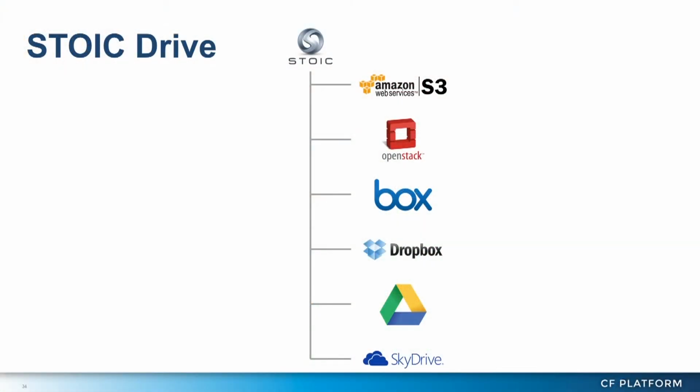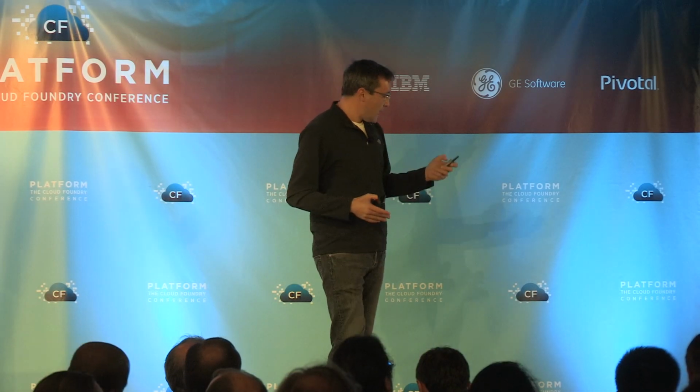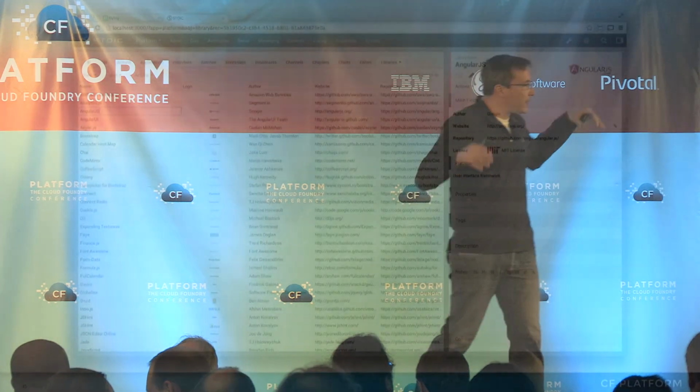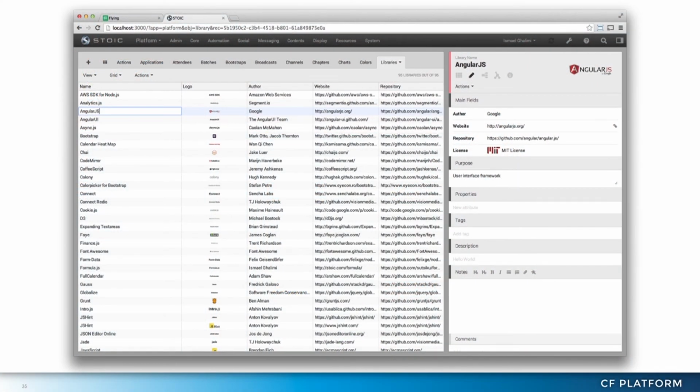One of the apps that we built on top of STOIC, or we're actually finishing that, is a virtual drive. And it's one of the apps that you might be interested in. If you're about to deploy, or you already deployed Cloud Foundry, one of the apps that you might want to give to your user is an equivalent of Dropbox or Google Drive that stores the files in your data center. That's essentially what we've done, plus the ability to map external public drives, such as Dropbox, onto subfolders of your private drive. And this is all built on Cloud Foundry plus about 95 JavaScript libraries, all of it being open source.